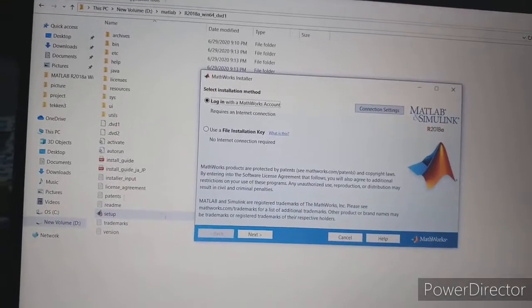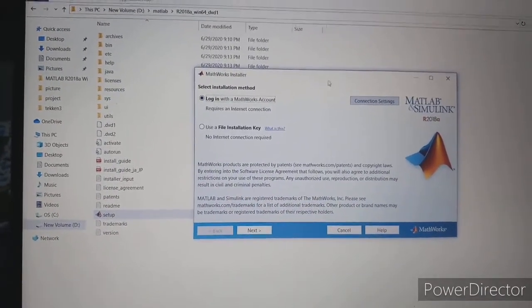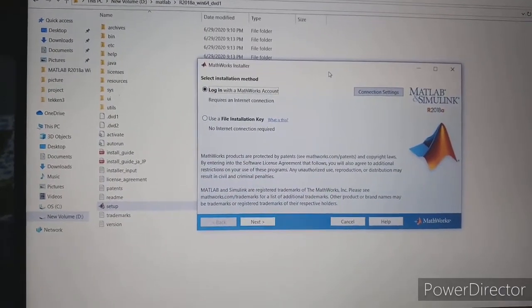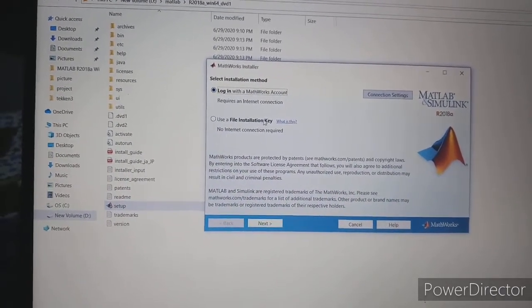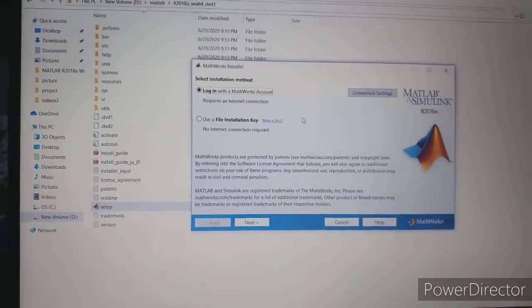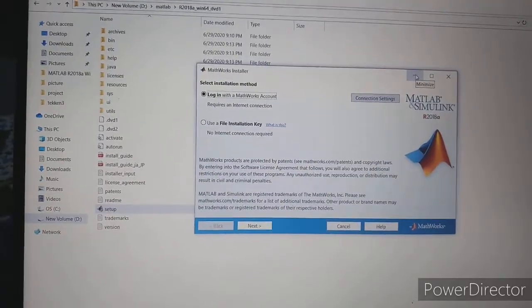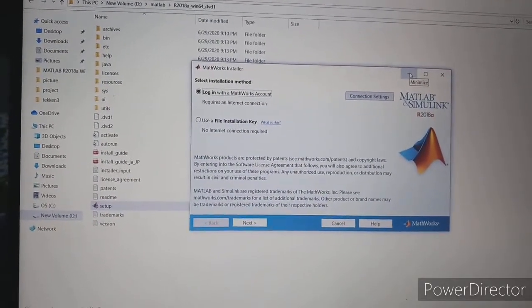Actually, there has been a problem. In my case, Matlab was installed earlier, that's why just using the file installation key it got activated and started. But in your case, after the 100% setup is complete, you have to again, as I told you,